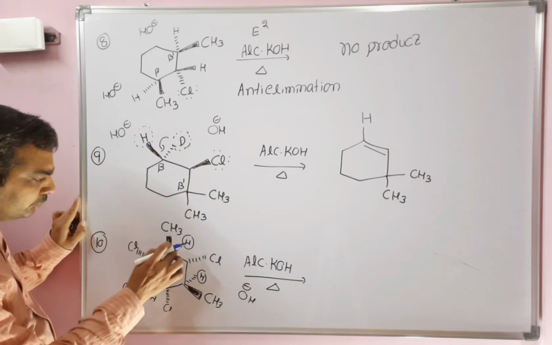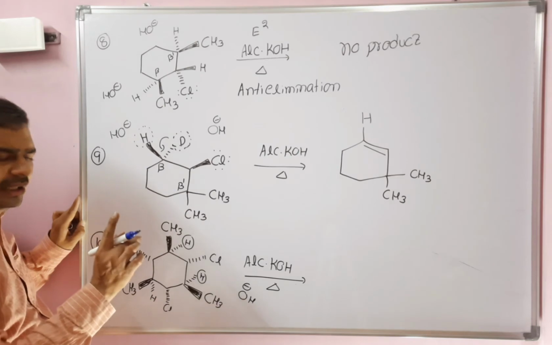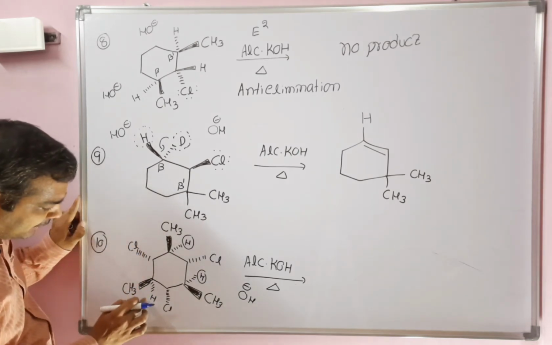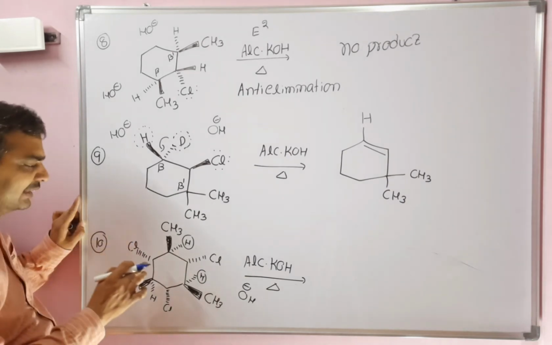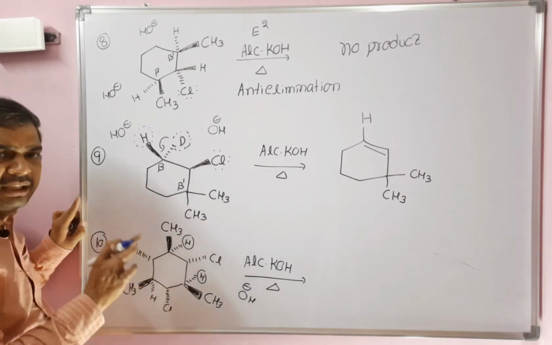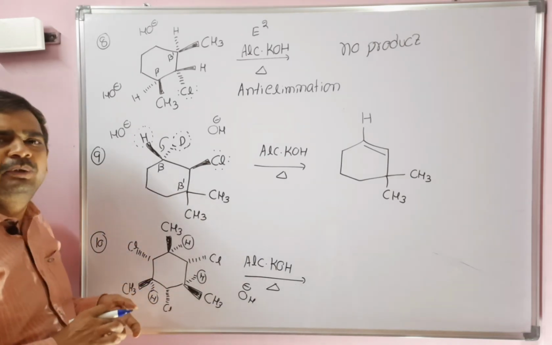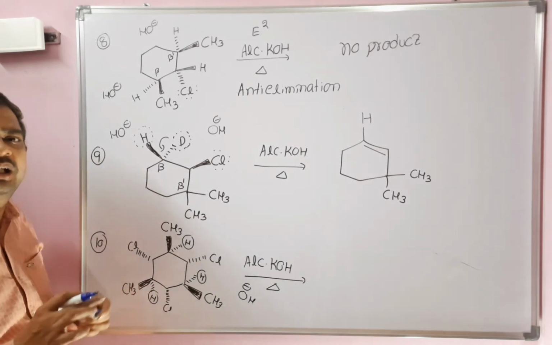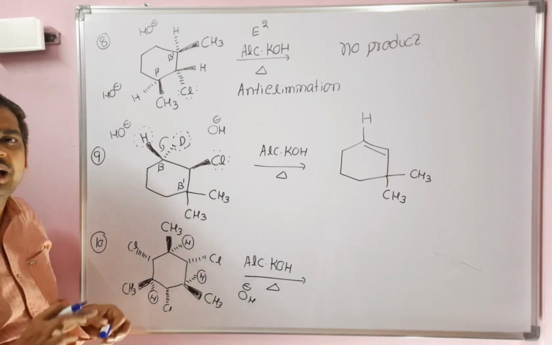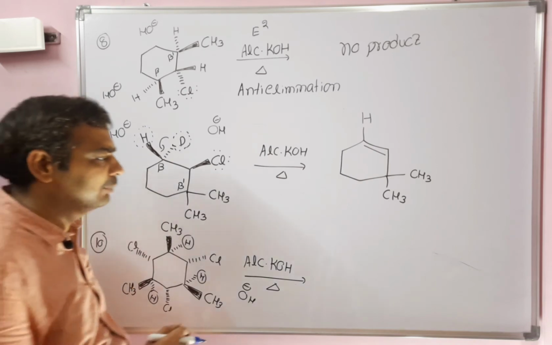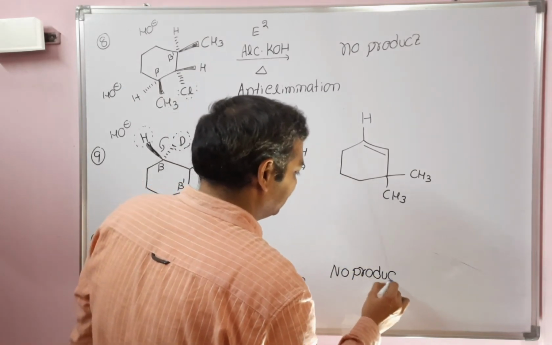Coming to this chloro, 2 beta carbons, on each beta carbon one hydrogen is available. But this hydrogen is below the plane, this is also below the plane. In the same plane, while abstraction of a proton, lone pair repulsions will take place. It is not possible to abstract in this also. So there are available beta hydrogens, but those available beta hydrogens are in the same plane with respect to the halogen. In the anti-direction, no hydrogens are available. So no product is obtained in this case also.